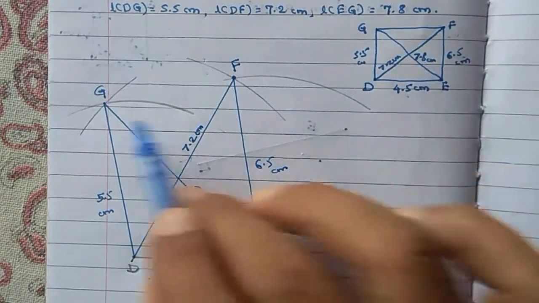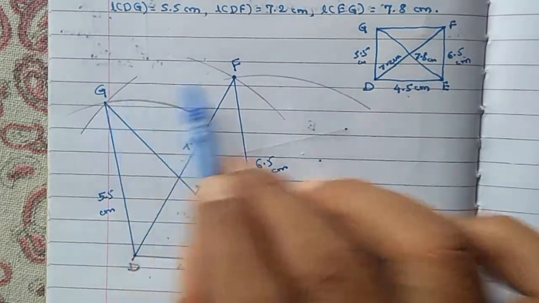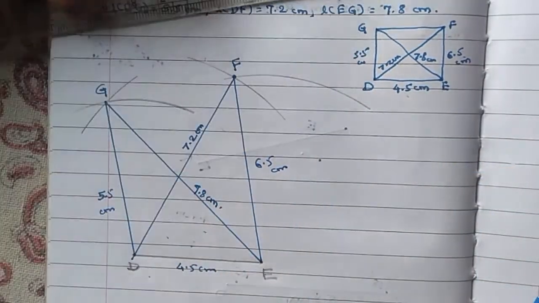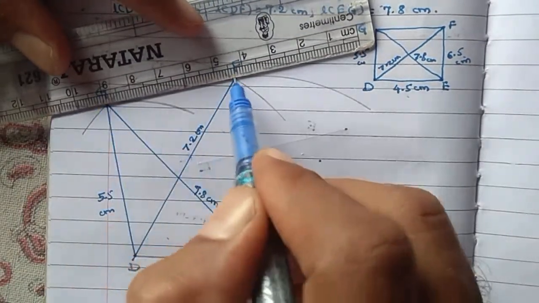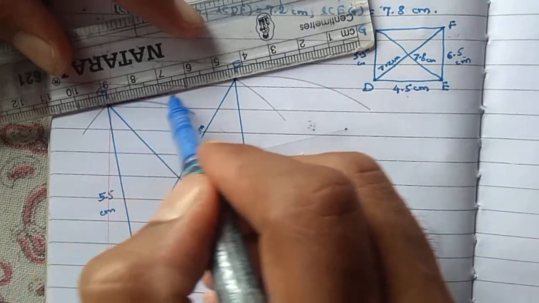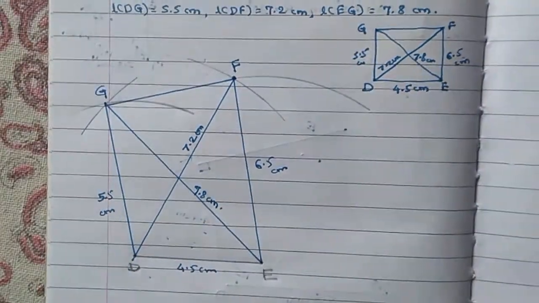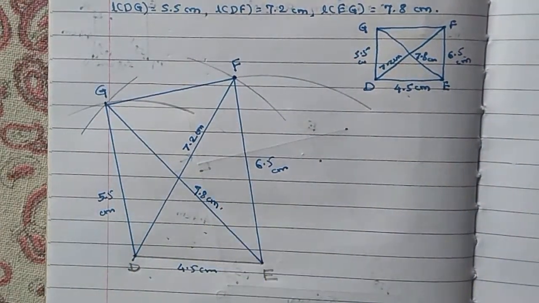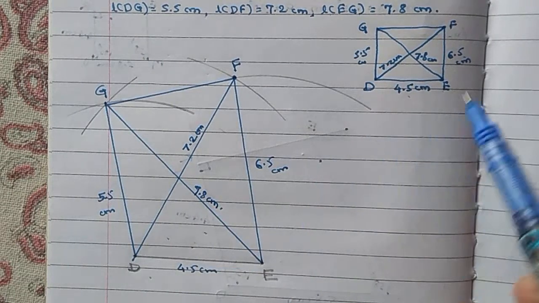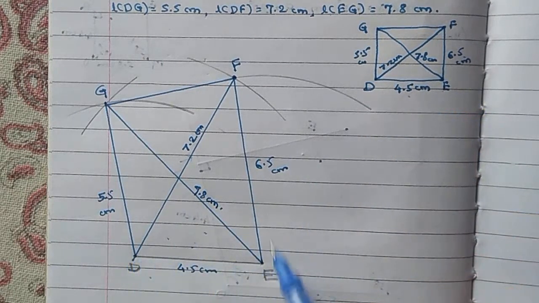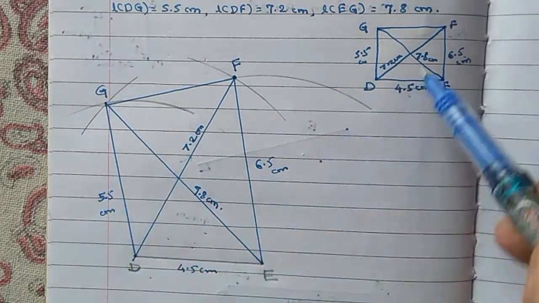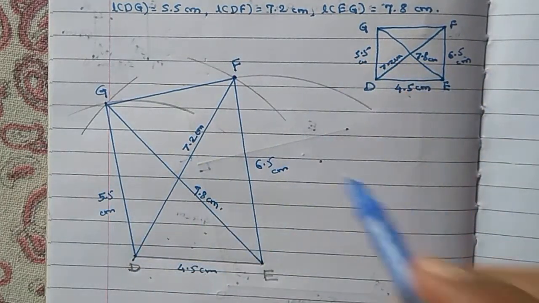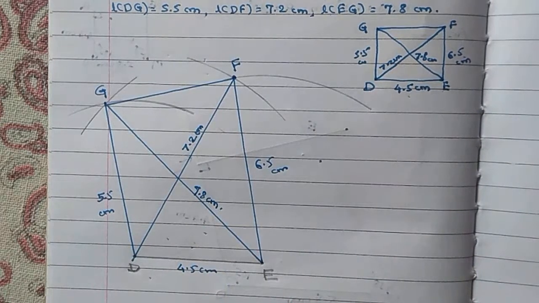Then joining GF. Already we got the point G and point F. Okay. So let us join it. Join the point G and point F, because those 2 points are fixed. Here our construction is ready. Nothing is remaining. All the information, names of 4 vertices is written. Names of the length of all sides is written. Alright, here our construction is ready.